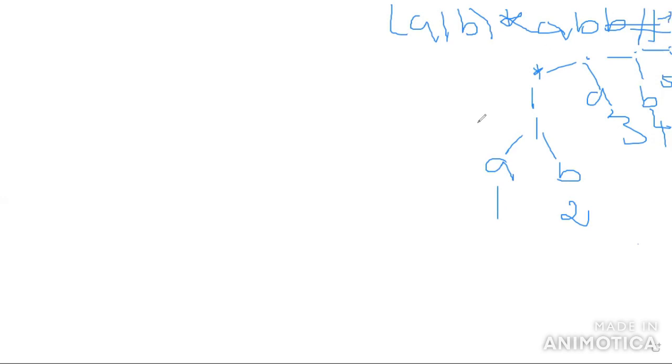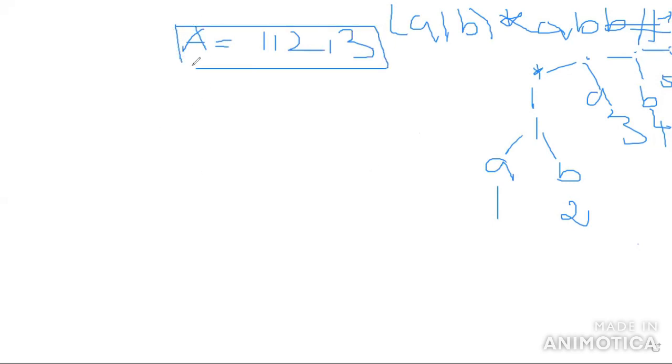Is it clear? Okay. So what is the root value of A? The root value of A is the first position of the root. According to the given problem, the root is 1, 2, 3. After completing the syntax tree, you have to calculate the first position of the root, which is 1, 2, 3. So 1, 2, 3 is marked as the root. The root value will be indicated as the state of capital A.